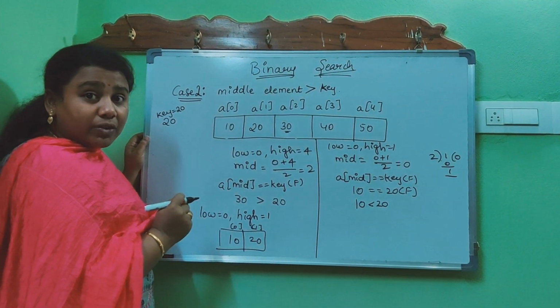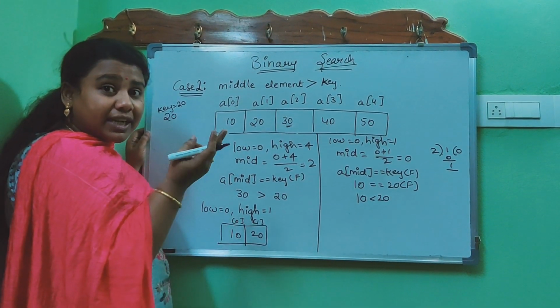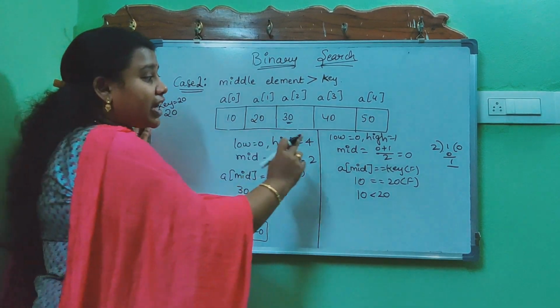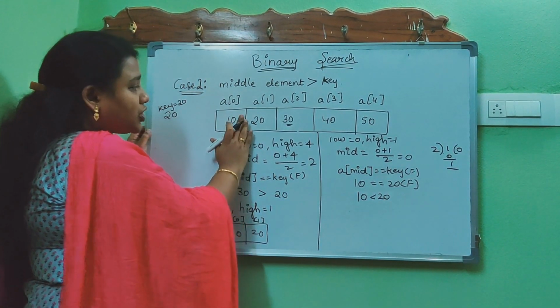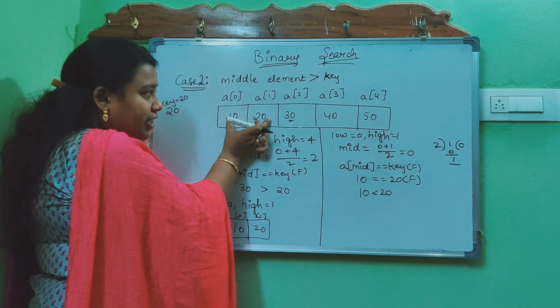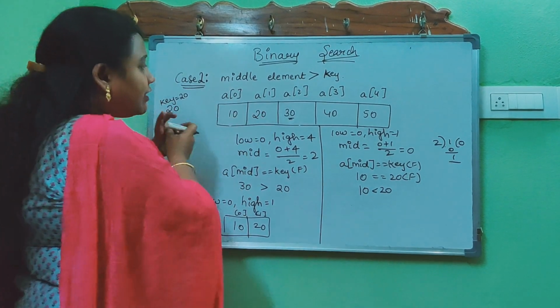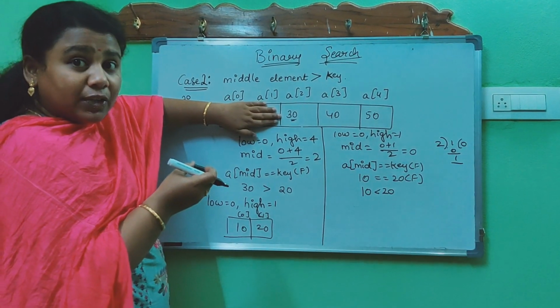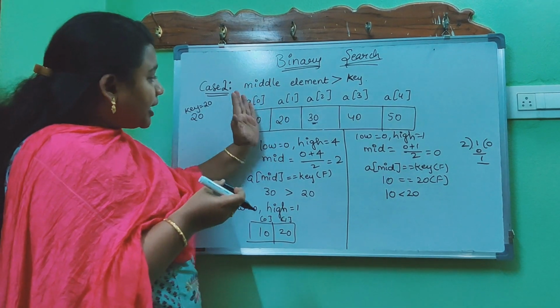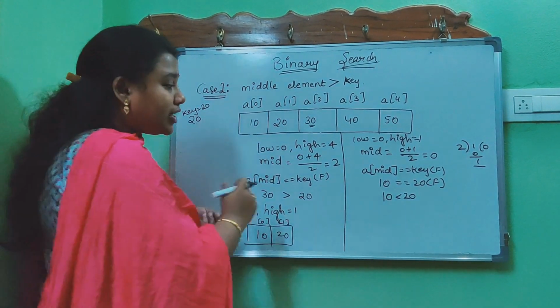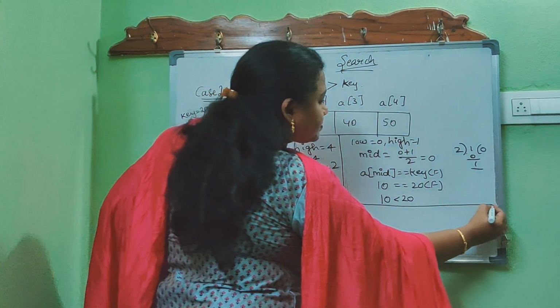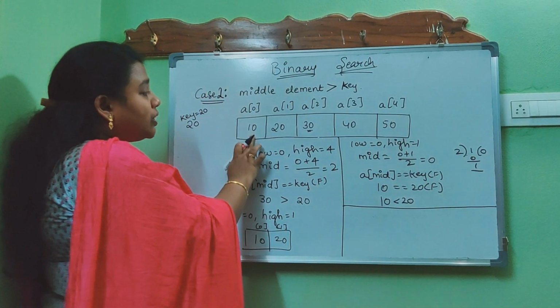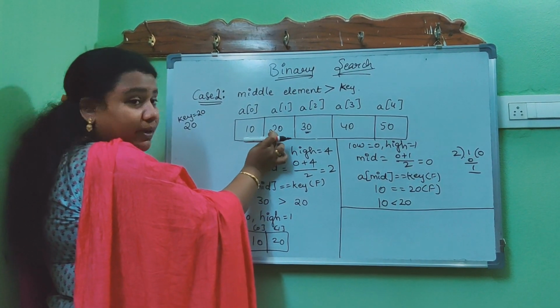What did I say about that case? Whenever the key element is greater, where should we search? We have to search in the right partition. So this has to be divided into two different parts. Until now we are viewing this to be a single unit, 10 and 20. Now we have to break it into two partitions. How do I make it into two partitions? Now I have to check in the second partition only.